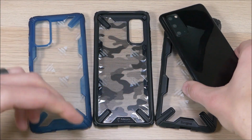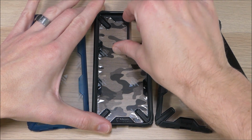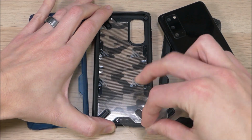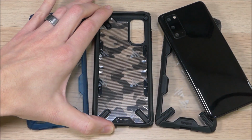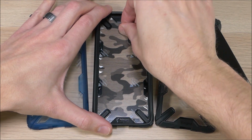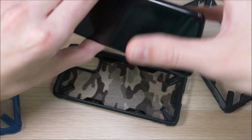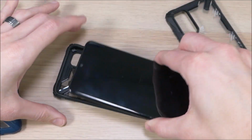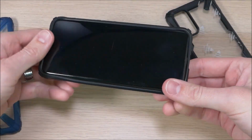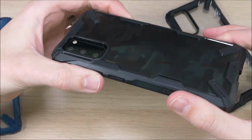Once you've got your back all cleaned off, you're going to come over here to your case, and up here in the corner, you're going to pull down on that clear piece. I'm going to peel it all the way off. I've never had this before, but apparently they put 2 layers of the protective film on this time. Once you get that off, you're going to take the phone, take the power and the volume buttons, and slide those in first. Push it down in the corners, make sure it's nice and snug, and then presto,